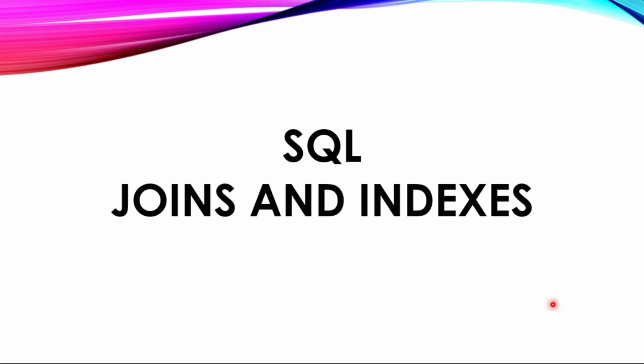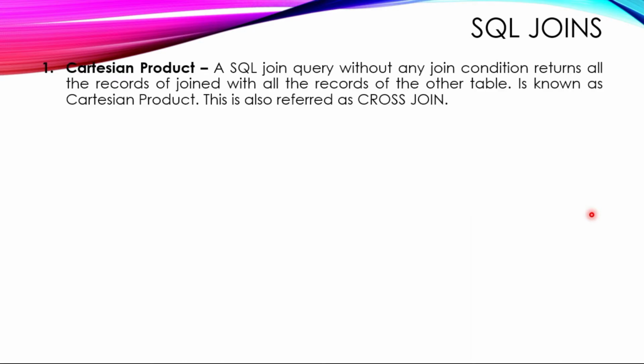In this video, I am going to cover the Grade 12 chapter MySQL Revision Tour, a topic that is joins and indexes. So here we will see what is join and indexes. So first, SQL joins. An SQL join is a query that fetches data from two or more tables whose records are joined with another table based on a condition. When the data is fetched from two or more tables, then that is called joins. Here we will see different types of join.